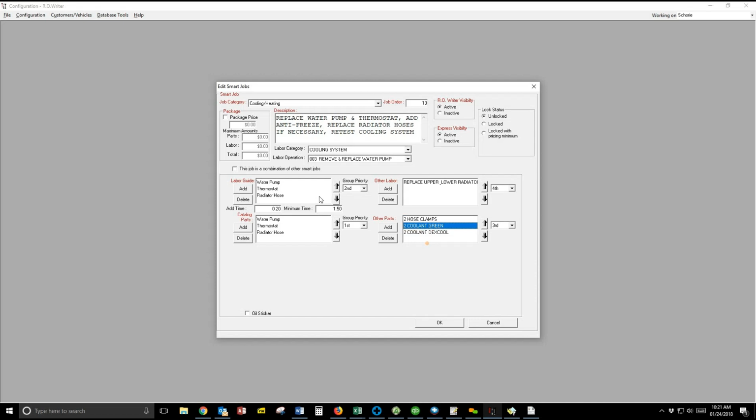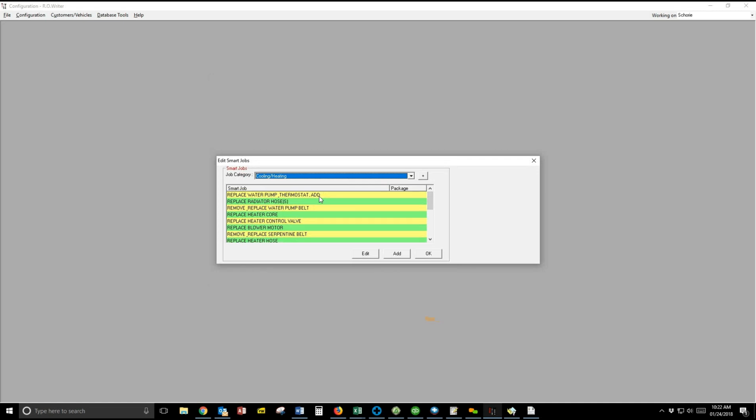Again, what's important for me when I'm teaching the class is that you can look at a box, you can look at a screen, and you understand what each box and each screen means. So in this case, we're using the labor guide. We're using the parts catalog. Other labor is pulling from your labor operations. Other parts is pulling from your inventory file. So when I hit OK here, I'm going to show you what it looks like when we add it to